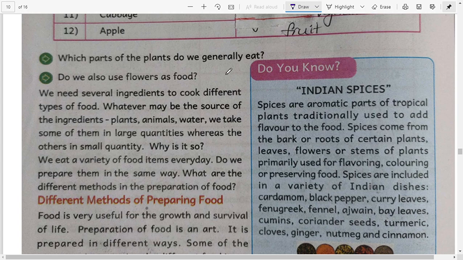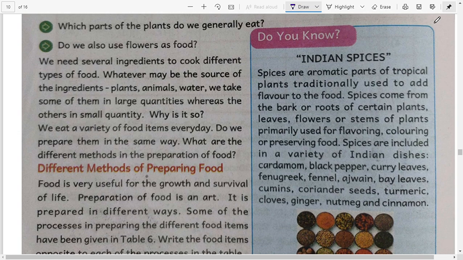So generally we eat plant parts like stem. Take for example potato, ginger, and we eat leaves, leafy vegetables, and we eat fruits from the plants. Do we also use flowers as a food? Yes, of course. Cauliflower is a flower, and kunkuma puvu is also a flower, but it is an edible part.